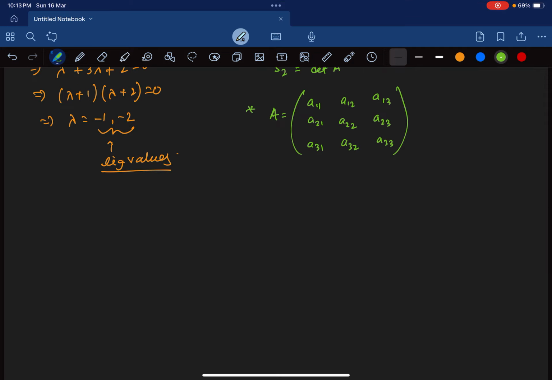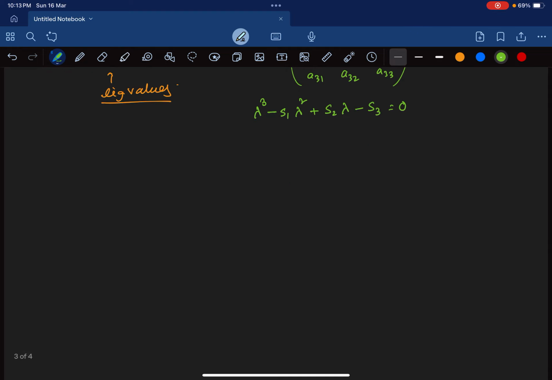So in that case, the characteristic equation, obviously |A - λI| = 0, determinant you can do, and after that you can do the calculation. Obviously that is the usual process, and for shortcut purpose the characteristic equation is given by λ³ - S1 λ² + S2 λ - S3 = 0. So here